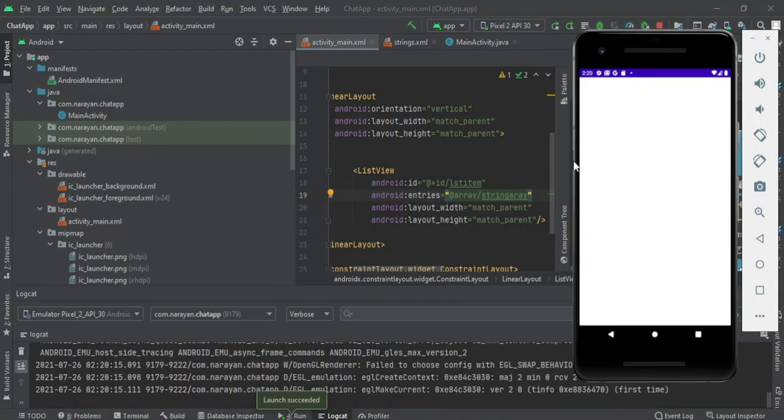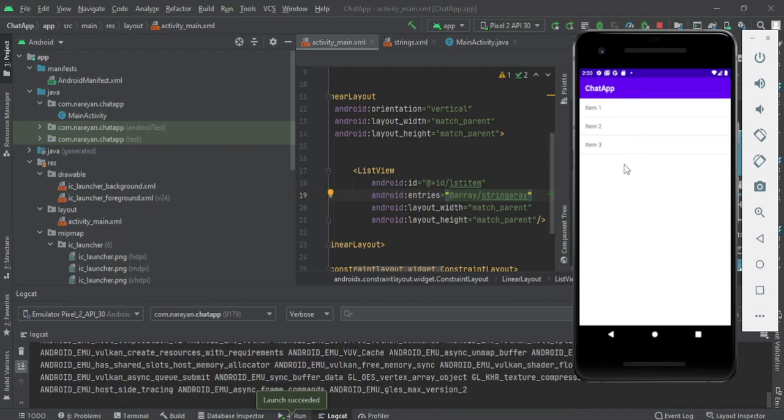So this is how it looks in the emulator. Currently, if you see, I am clicking these items but nothing is happening, because we haven't written any listeners to catch the events.